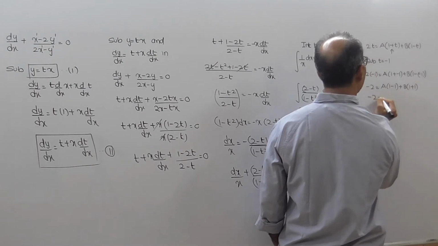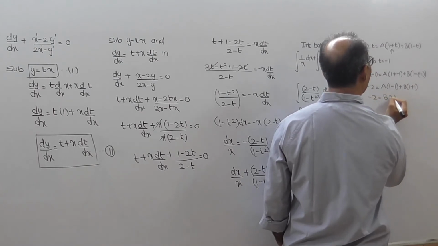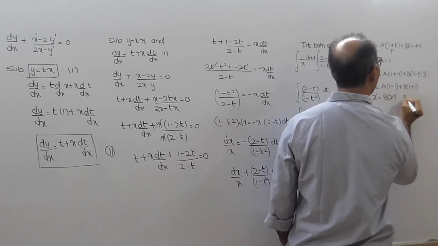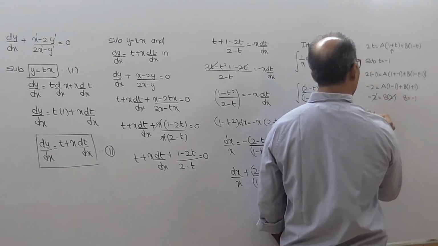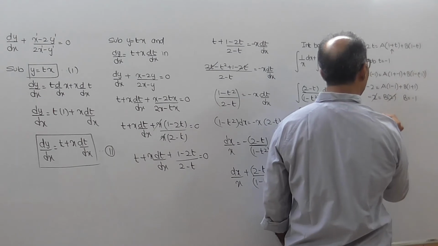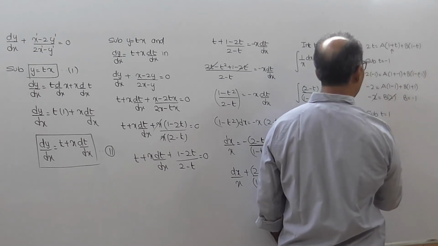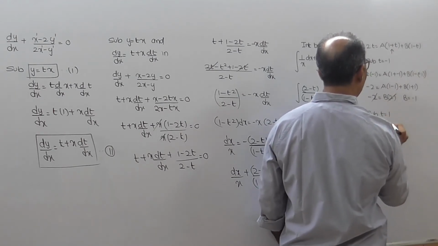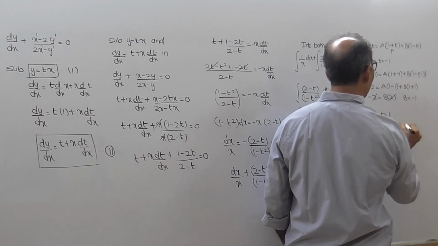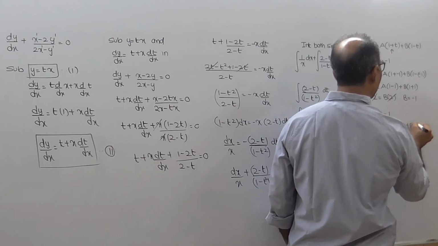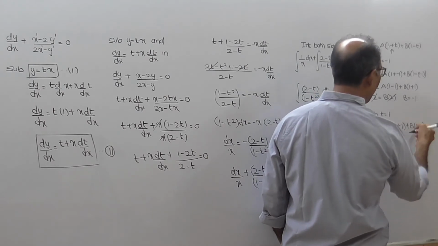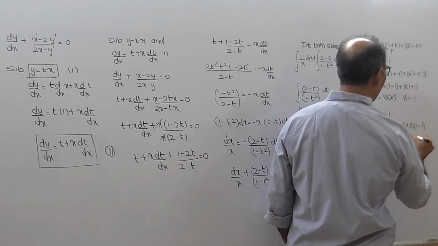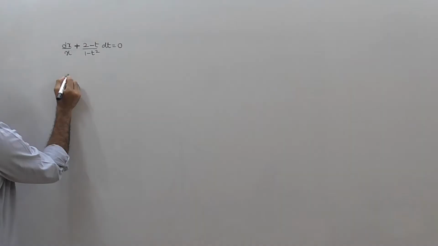So we get minus 2 equal to b into 2, cut 2 and 2, I think you should get b equal to minus 1. Again we will try to make this 0, so we will substitute t equal to 1. So you get 2 into 1 equal to a into 1 plus 1 plus b into 1 minus 1, that is 2 equal to 2a, and that will become 0. So automatically you get a equal to 1.